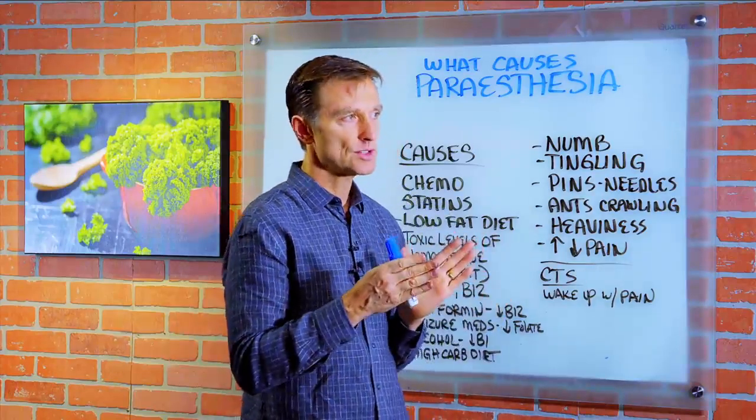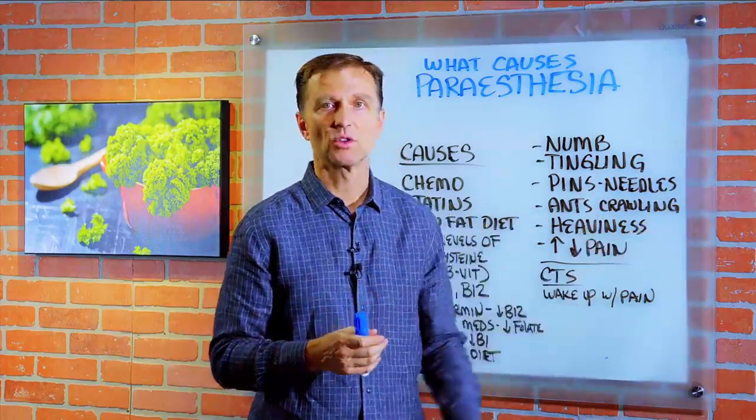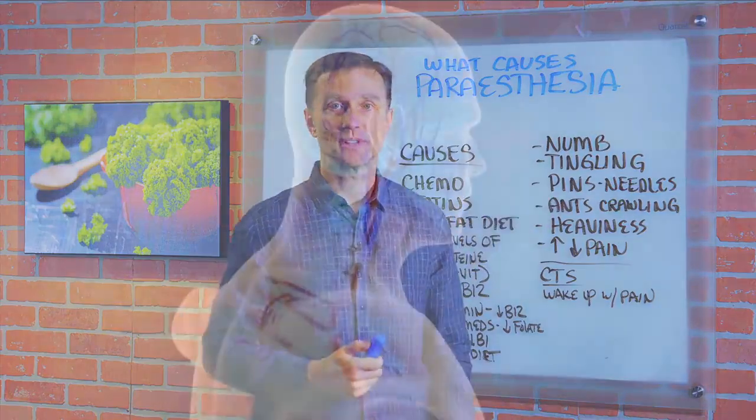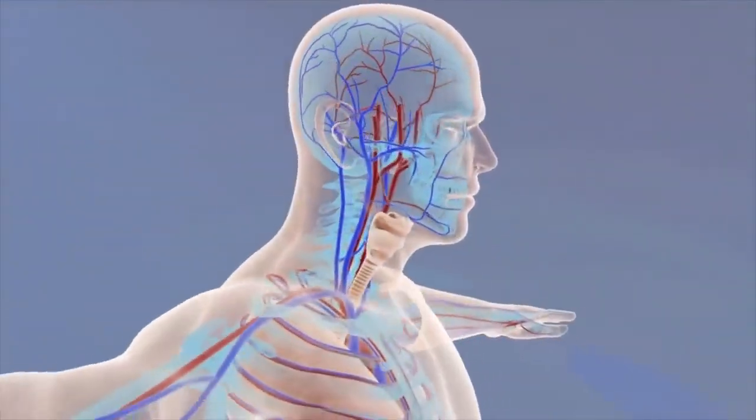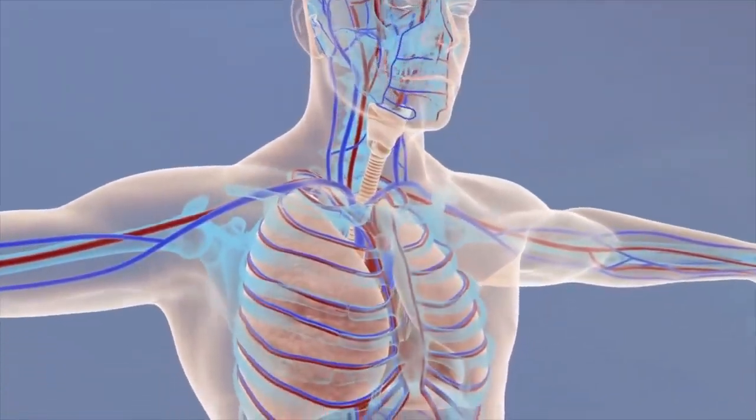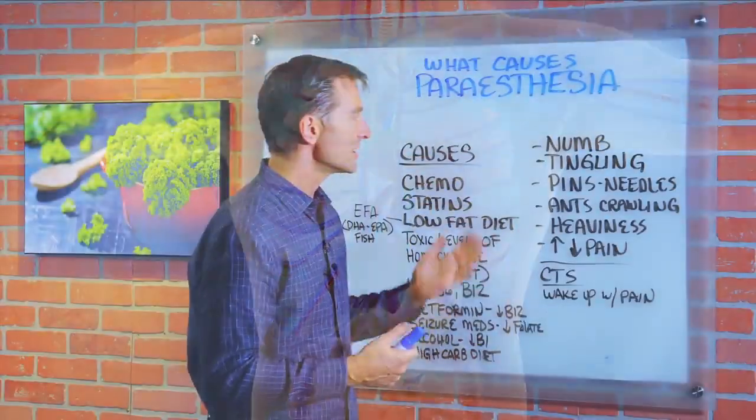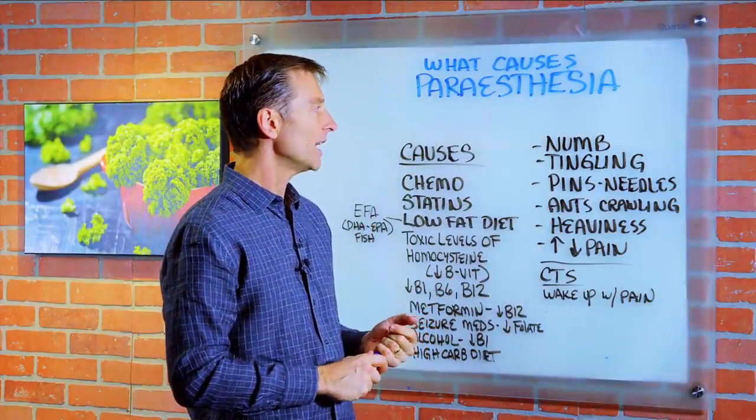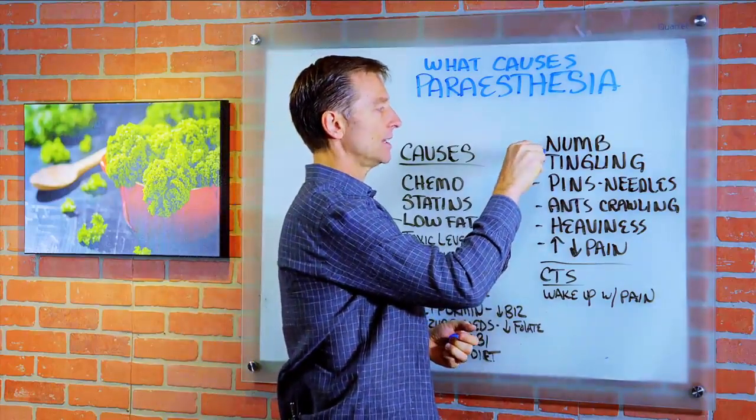There's two branches of nerves. One is motor, which controls movement. The other one is sensory, which is perception. And there's many different fibers that control different sensations, okay? So if the sensory nerve is damaged in any way, you can have a lack of feeling, and that's called